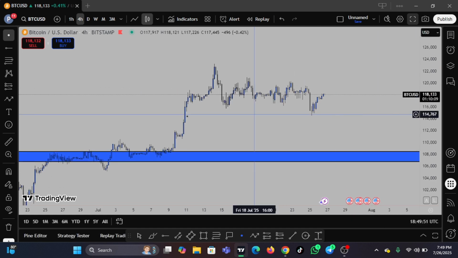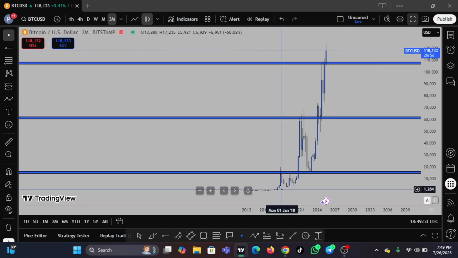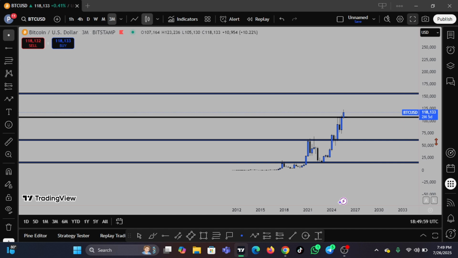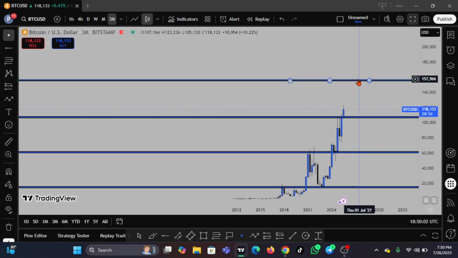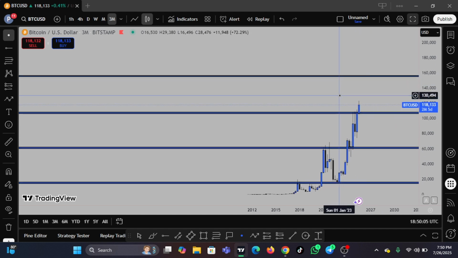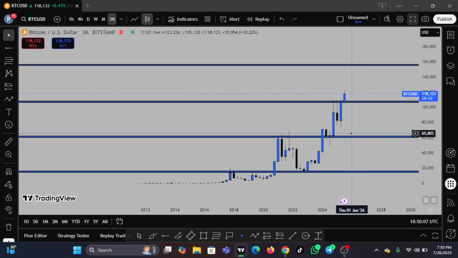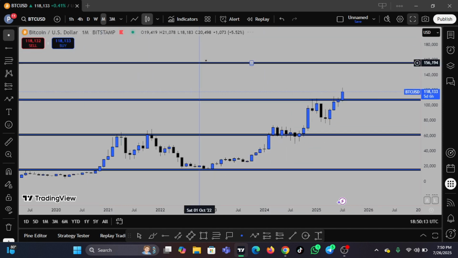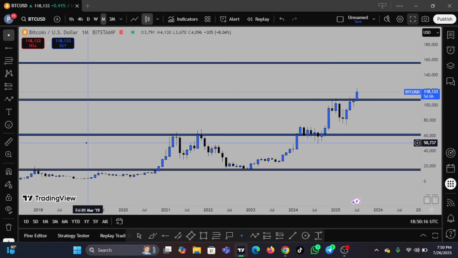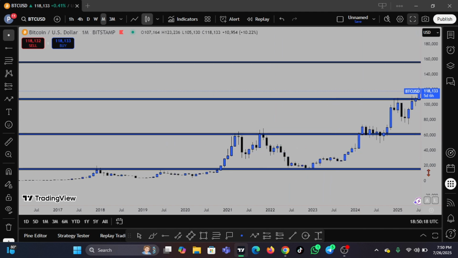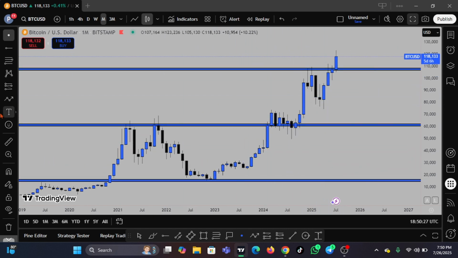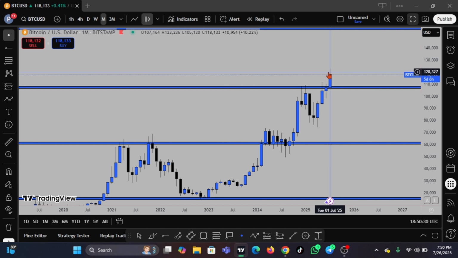So Bitcoin, let's quickly look at Bitcoin. On the 3-month chart, price is bullish, very strong, and I'm expecting Bitcoin to still move to 157, around 160. But before we get there, of course, it's not going to be a smooth journey to the top. We are going to get to some point where we have consolidation, retracement, before price can start moving higher. So we have price moving very decently in a bullish structure, creating a series of highs and lows, and we are currently at higher highs.